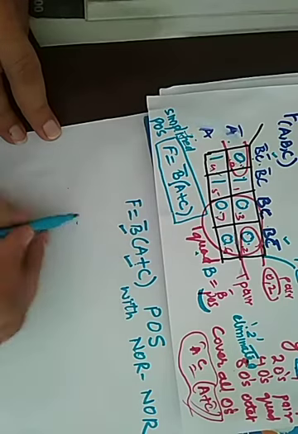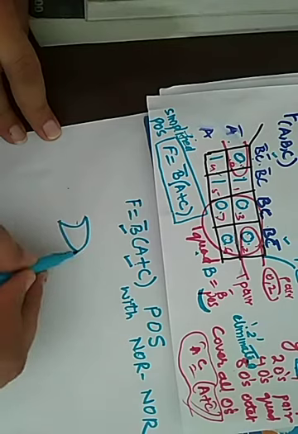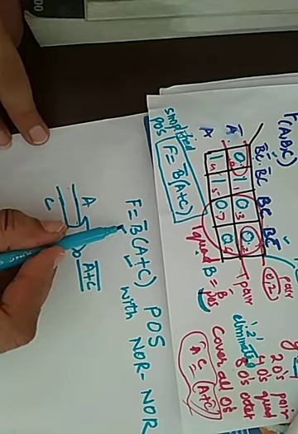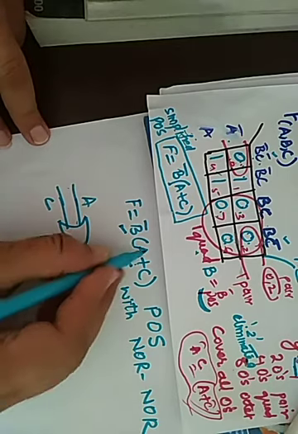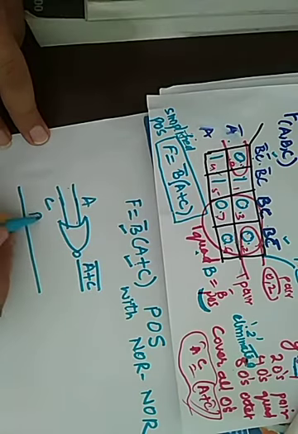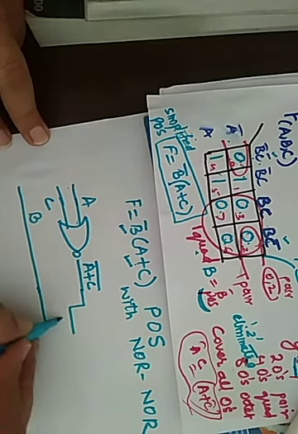So a plus c, this is the first NOR gate, having the inputs a and c. Here you will get a plus c complement. And the second term is b. Remember, this is the complement of this term. So instead of b bar, we need the term b. We don't have to invert it. So this is followed by another NOR gate. This will give us the answer.